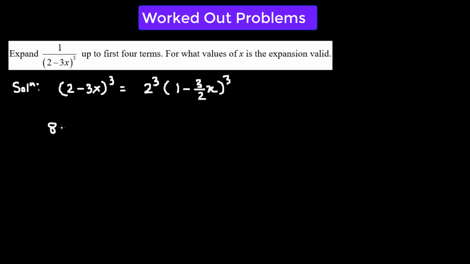So we have to expand 1 over 2 minus 3x whole cube. Let's simplify this. So we take it to the numerator, so we get 2 minus 3x raised to the power of negative 3. Then we factor out 2, so we have 2 cubed times 1 minus 3 over 2 times x raised to the power of negative 3. So 2 cubed is simply 8, and then we expand using, this is negative 3, my mistake, the index, since we have taken it to the numerator, so this will be 8 times 1 plus